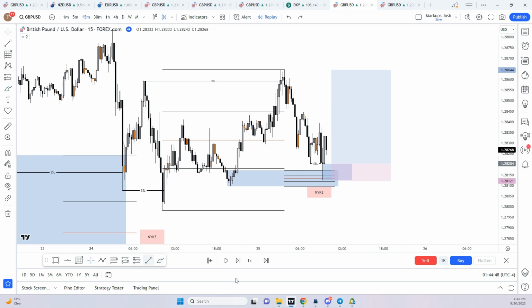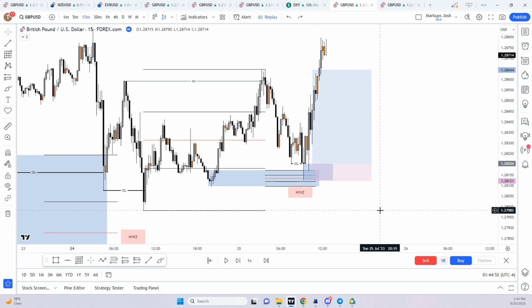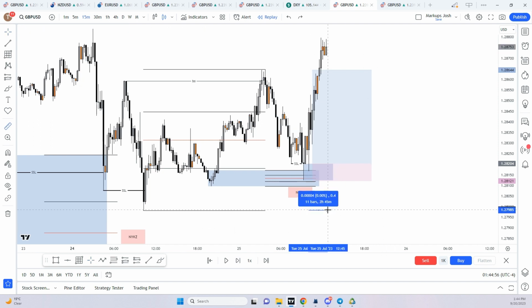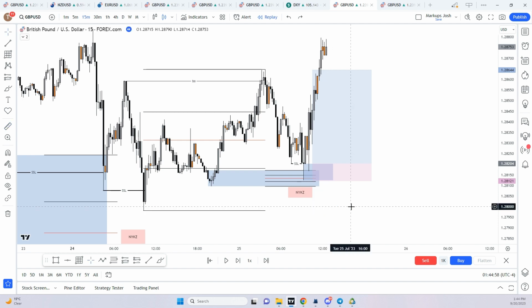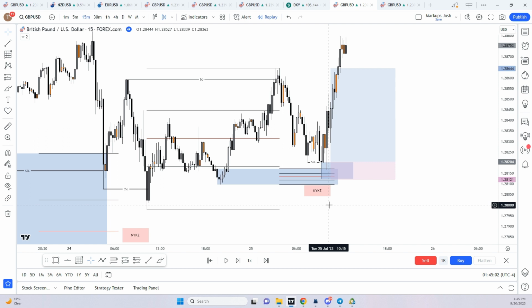So let's play price on. We tap in and we hit 5R very, very nicely. And it takes us about 2 hours and 30 minutes. You make 5% and then you're done for the day. And notice that these entries all come during New York kill zone. So I use 7 a.m. to about 10:30 a.m. New York local time, which you can see both of these entries come during that time